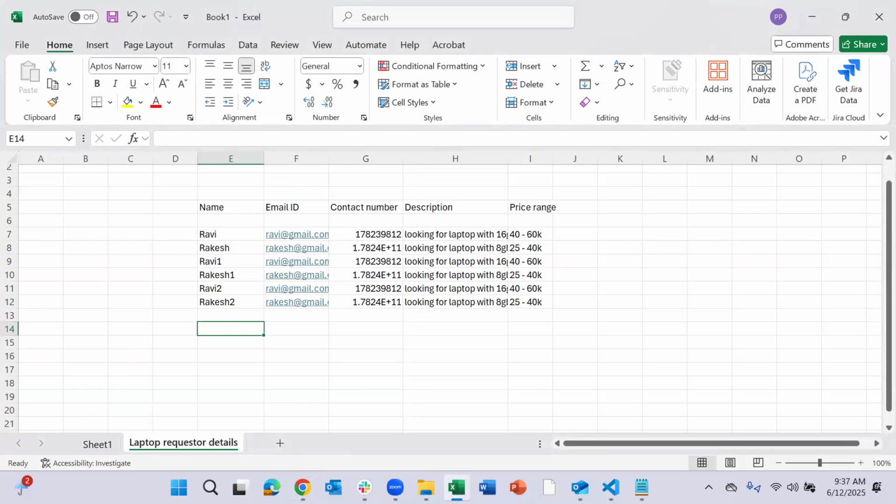Whenever somebody submits a request, they fill in the form: what is their name, what is the email ID, what is the contact number, so that the company can contact them, and what is the description, what is their requirement, like what configuration they are looking for, or what price they are looking for. All this information we are capturing from different websites or different social media.